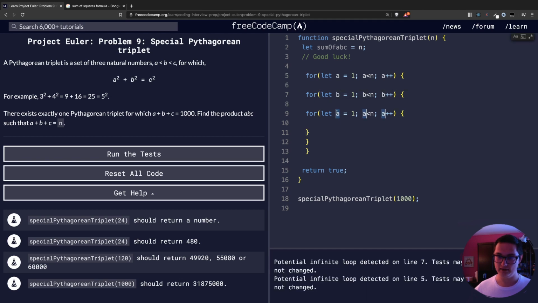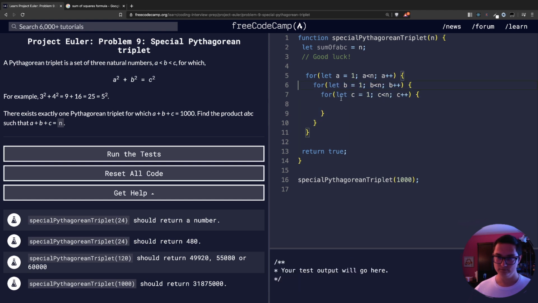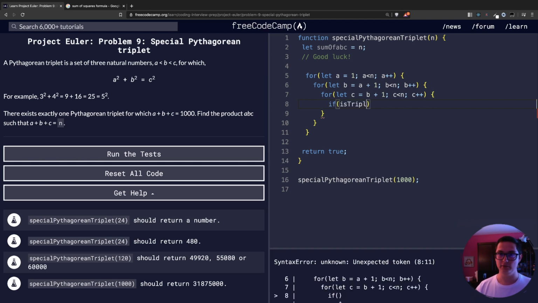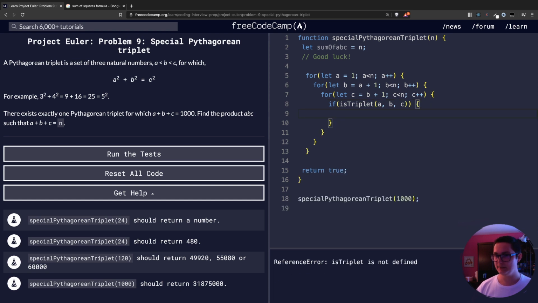B and C. Now, we have this condition here. So B has to be 1 bigger than A at least, and C 1 bigger than B at least. So we can do here B equals A plus 1 and C equals B plus 1. All right, now we need to check if they are Pythagorean triplets. So if is triplet ABC, if it is,